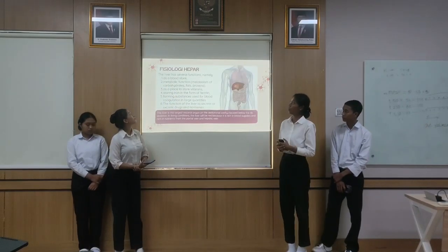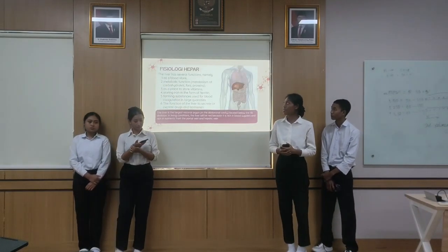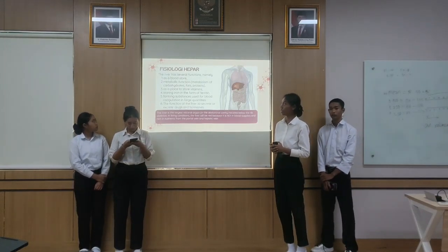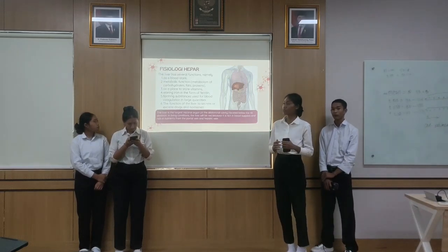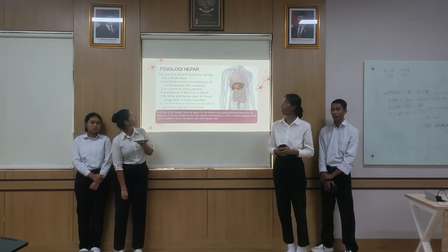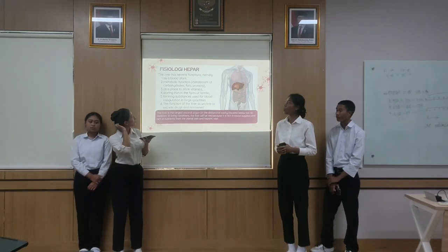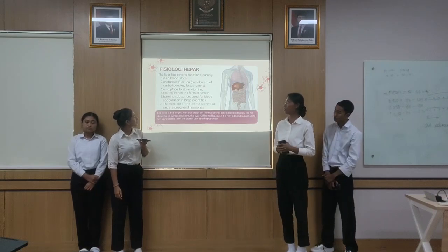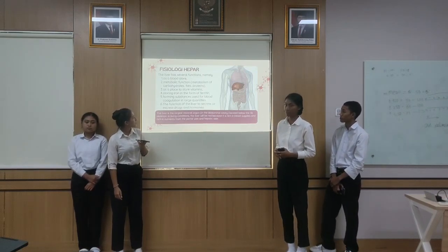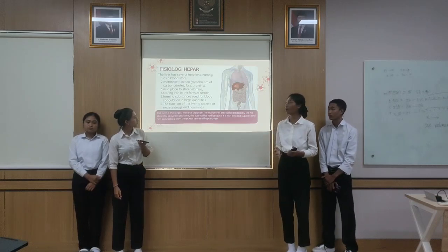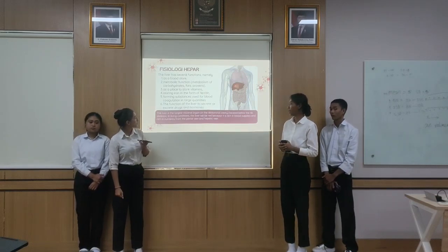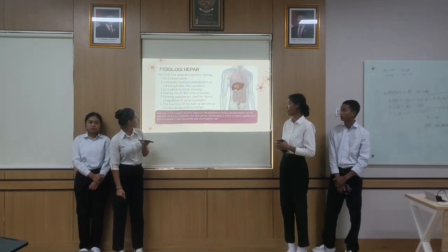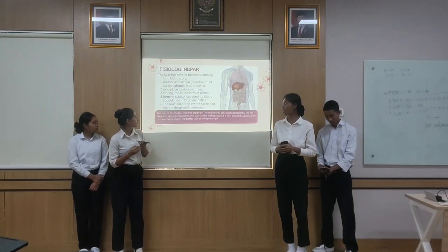Physiology of the hepar. The liver has several functions, namely, first, as a blood store; second, metabolic function, or metabolism of carbohydrates, fats, and protein; third, as a place to store vitamins; next, storing iron in the form of ferritin; next, producing substances used for blood coagulation; and last, the function of the liver to secrete drugs and hormones. The liver is the largest visceral organ in the abdominal cavity, located below the rib skeleton. In living condition, the liver is red because it is rich in blood supply and nutrients, including protein, fat, and hepatic fats.